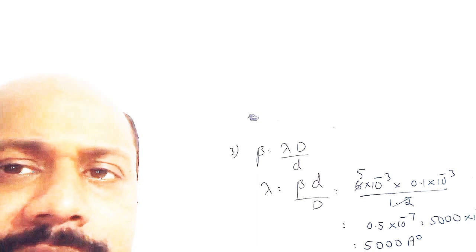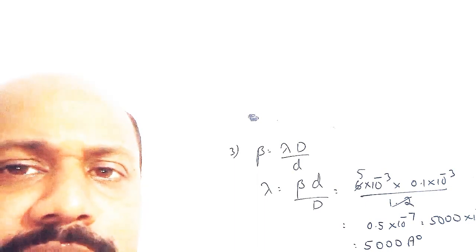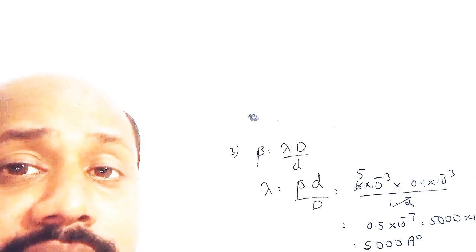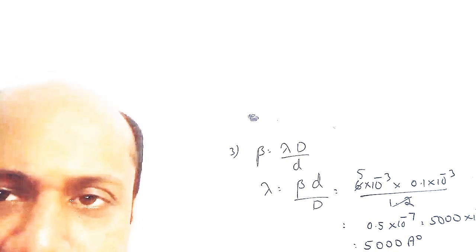Fourth question. In Young's double-slit experiment with two identical slits, when the upper slit is covered with a transparent sheet of mica, second order minima is observed above the center of the screen and second order maxima below it. Which of the following cannot be a possible value of phase difference caused by the mica sheet?